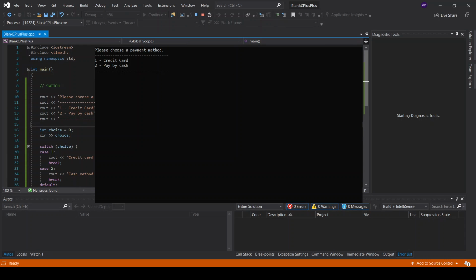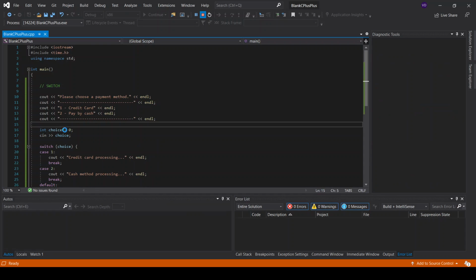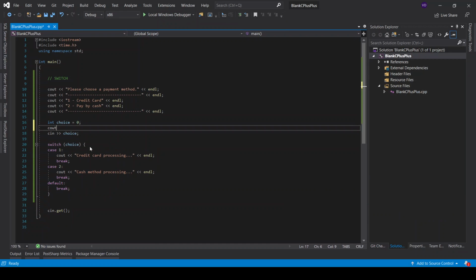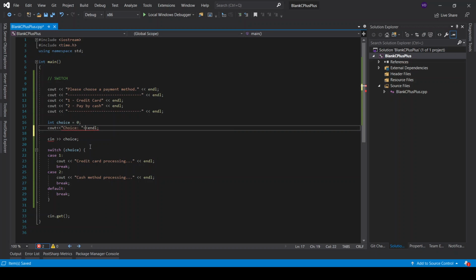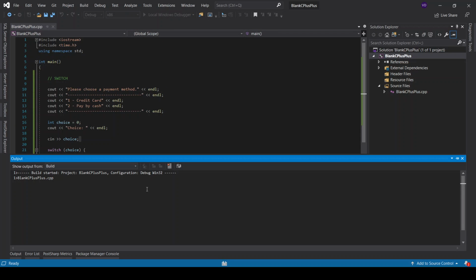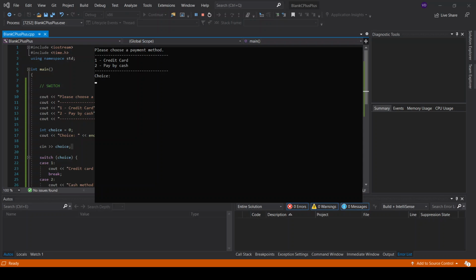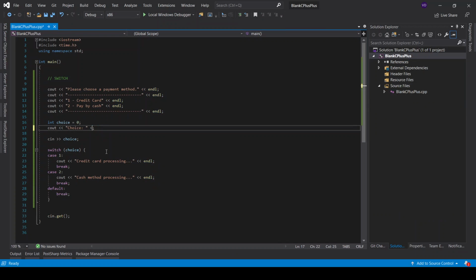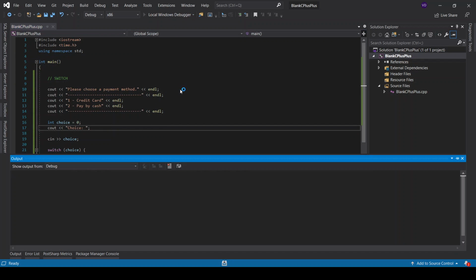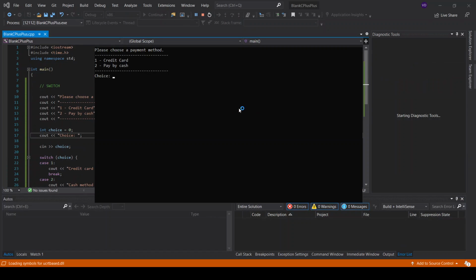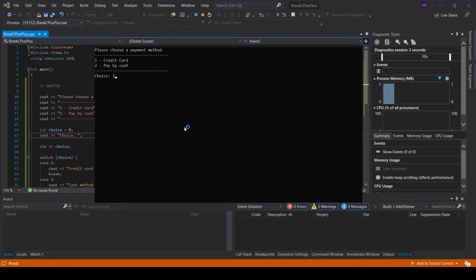Right, so basically, there we go. So we have a little interaction right here. But I'd like to add another cout right here and say choice. Okay, and then do it like this. This would mean that the user knows where to type in his choice. I did not need this here, so that's fine. Perfect. Okay. So if I choose credit card,